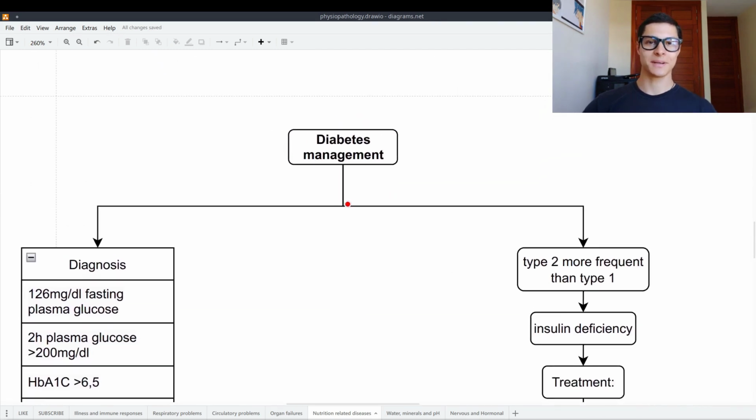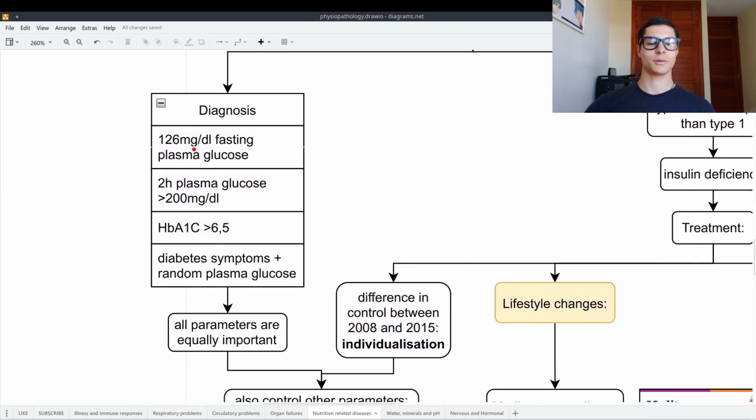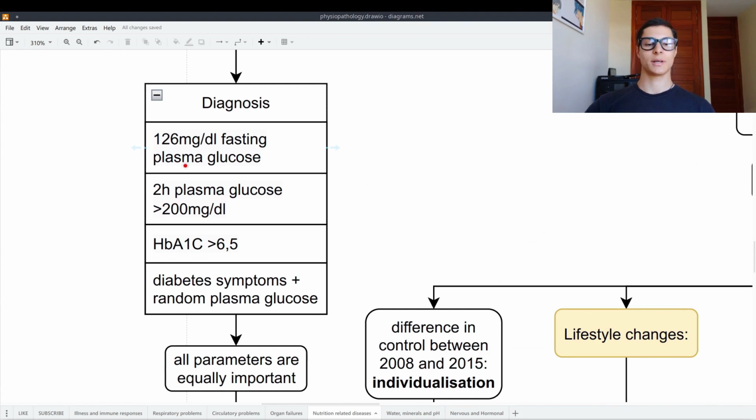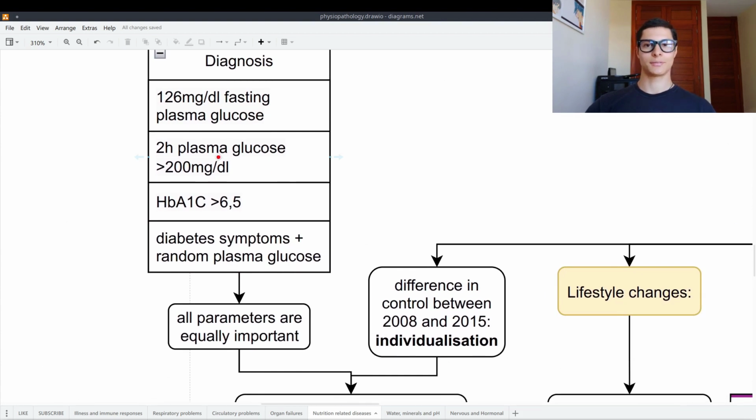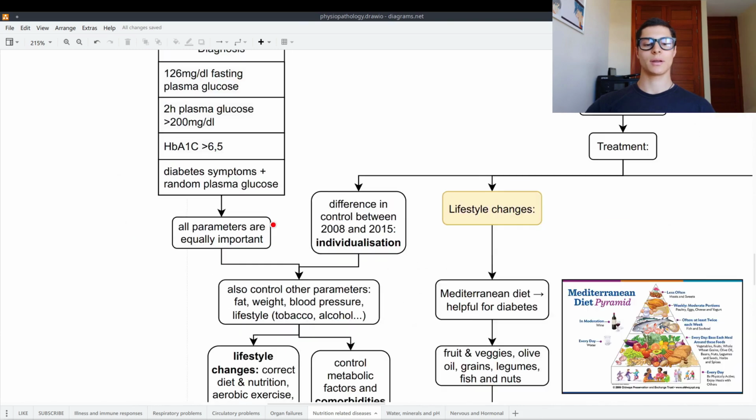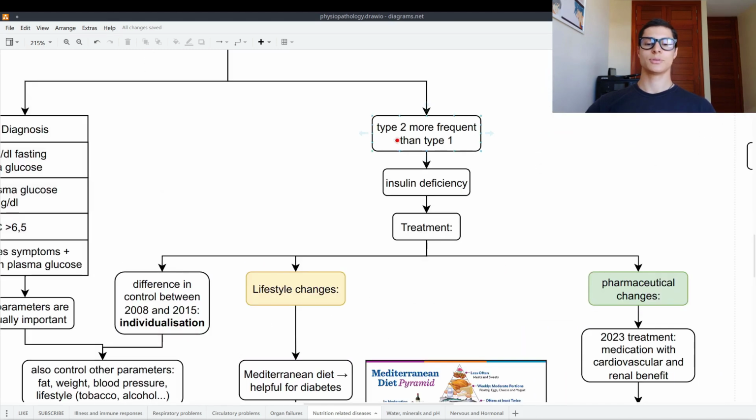And now diabetes management. Diagnosis. We already talked about this. 126 fasting plasma glucose. 200 after the meal. Hemoglobin A1C over 6.5. And general diabetes symptoms plus a random plasma glucose. All parameters are equally important, of course. Type 2 is the most frequent, and in both cases we have insulin deficiency in the end. The treatment: